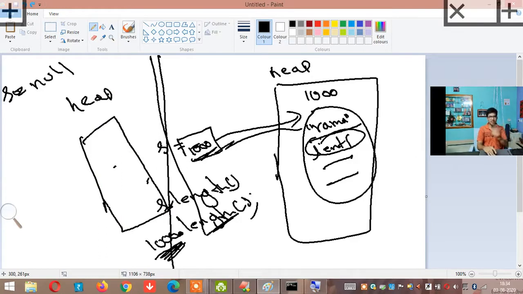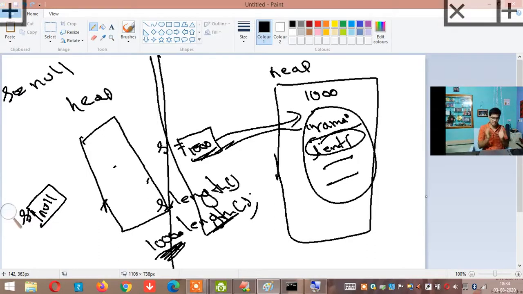Simple point. If anything is pointing to null, it means that s is a variable who doesn't have any address. How do I tell that? By telling the value null. What's the meaning of null? Null means s is a variable which is not pointing to any object.